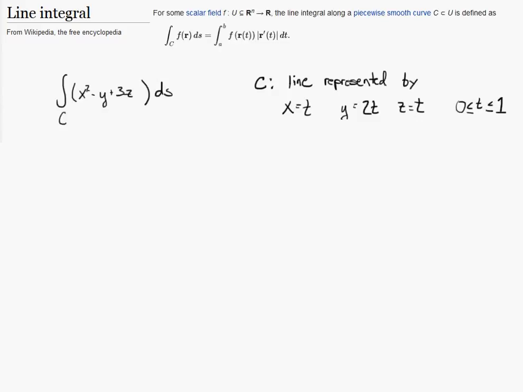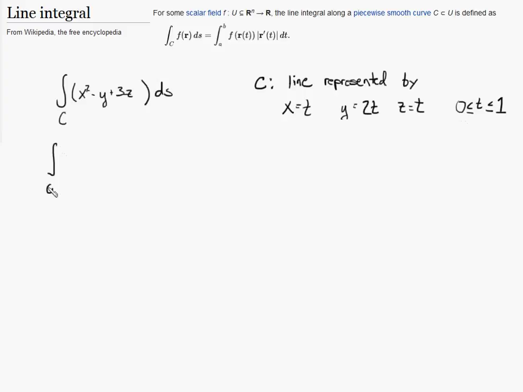Alright, this is an example of doing a line integral. And to do that, we need to reconstruct our integral that we have in this form here that's way easier to evaluate. So we are given our curve already parametrized. So to start our integral, we're integrating from a to b, and this is going to be from 0 to